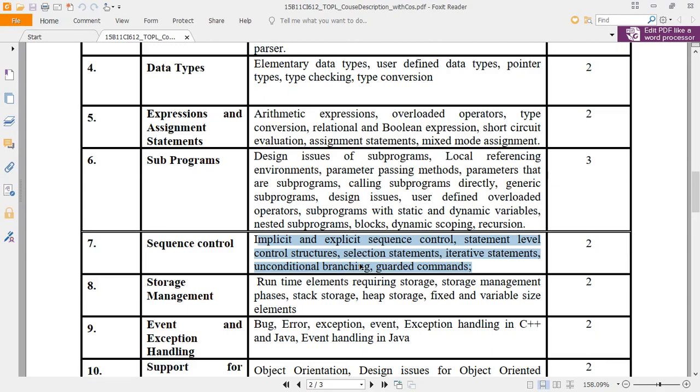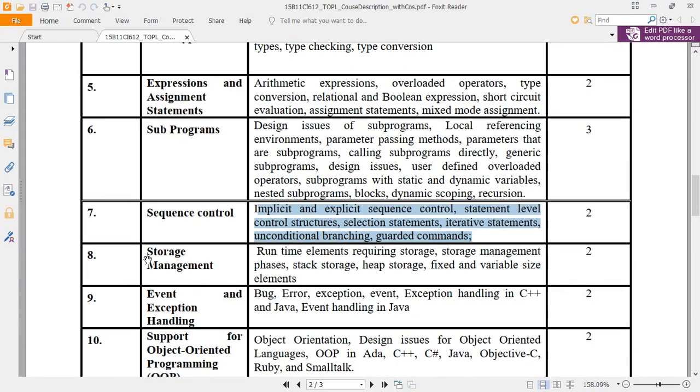So these are the basics of programming. So much discussion is not required on this. So that is the reason with 5 to 10 minutes discussion in middle, we just skipped this particular, just gone through this particular sequence control. Then we moved on to the storage management.